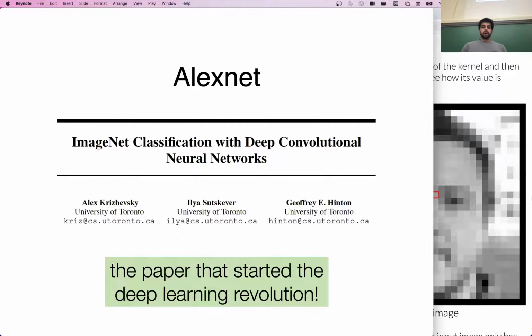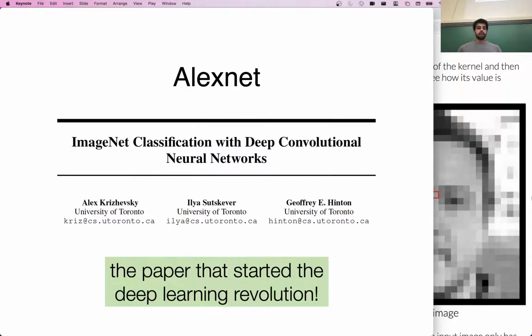All right, so the very first paper actually that made deep learning and big neural networks on large data sets popular was this AlexNet paper from probably like 15 years ago or so at this point.